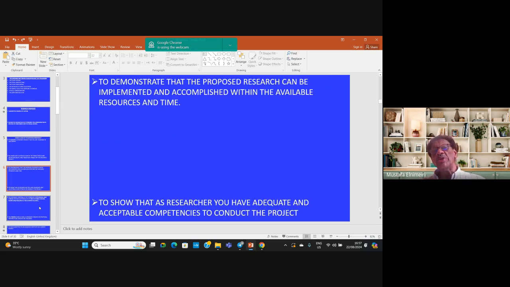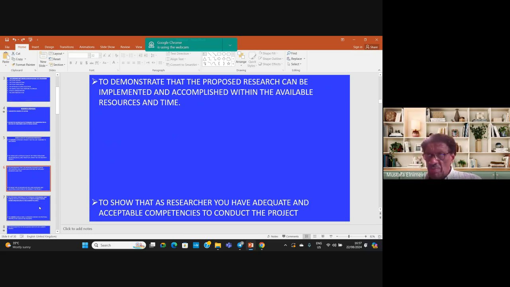In addition, to demonstrate that the proposed research can be implemented and accomplished within the available resources, whether human, physical, or financial, you are also required to submit a work plan or timeline in order to show that the research project will be implemented within the scheduled time. To show that as the researcher, you have adequate and acceptable competencies to conduct the project, usually the researcher